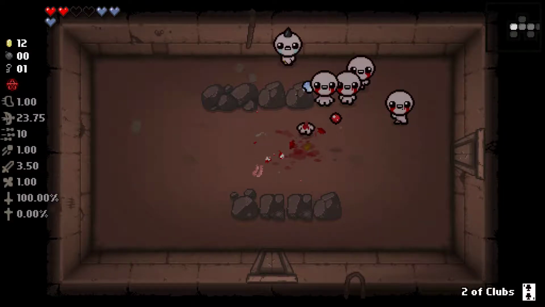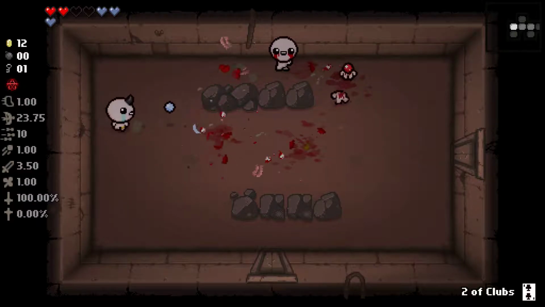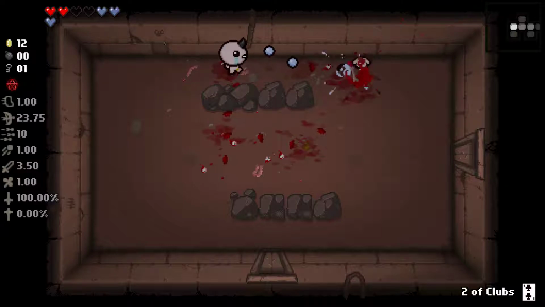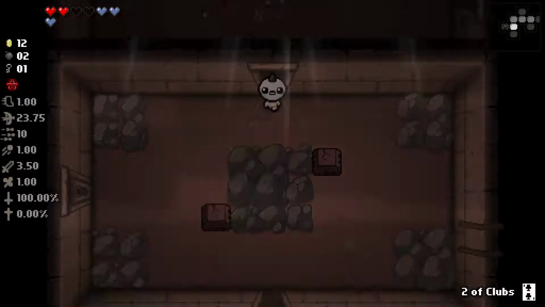2 more Spirit Hearts, very nice. Very nice trade for that bomb that we have. And we do have the ability to get 2 extra bombs at one time, so that's quite nice. And we just want to keep clearing these rooms,